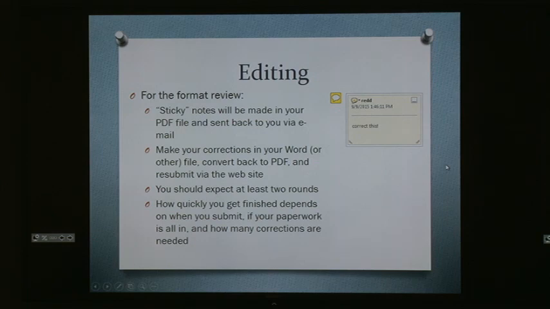So if you submit in February, I could have you done in a week because I'm not really busy then. But if you submit around deadline time, there is a flow of how long it takes. 2 weeks for me to get through everybody's, another week to get the resubmissions, and then the final week is cleanup. So I get that question often, how long is it going to take? It depends.